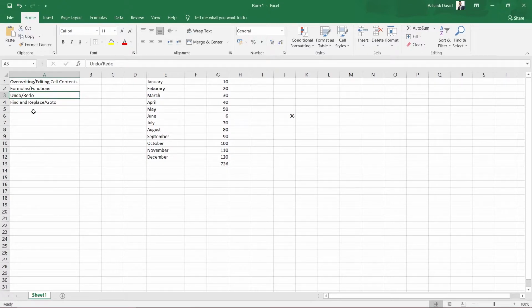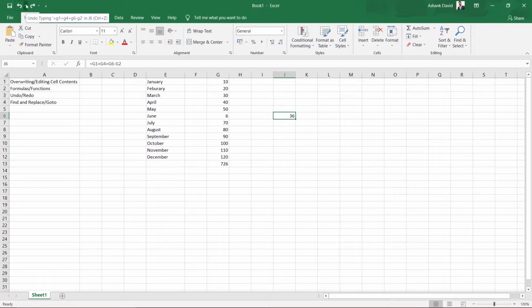As I have already told you in my first video, this is the undo button right here in our quick access toolbar. What this undo does is, if you click onto this undo button, it will take you one step back. Suppose I press once, now it will go back to that particular step that I was on before. So this will help you if you have done something wrong, then you can just undo it once, or you can go back a few steps with the help of this drop down menu here.